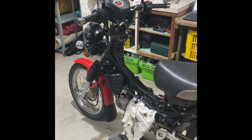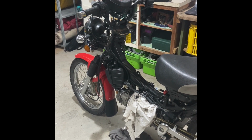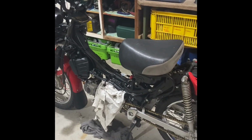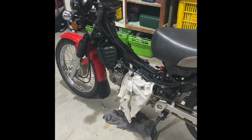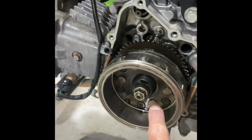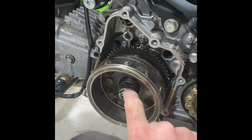Here I am slowly working through my, I think it's a 2016 Super Cub NBC110. It's got a timing chain issue or timing chain tensioner issue in there, so I'm just waiting. I've bought a tool online and I'm just waiting on that to pull that off so I can further deal